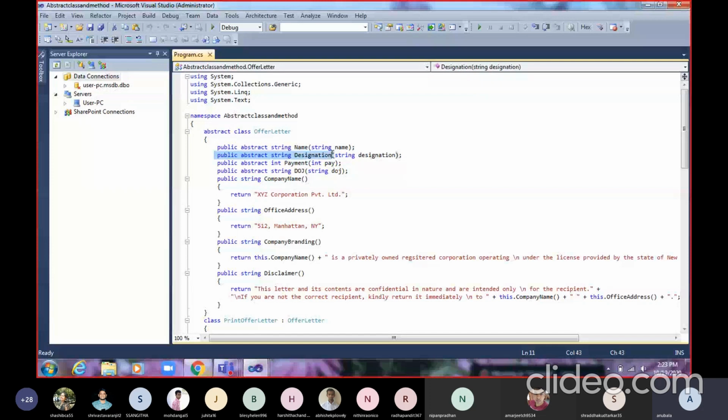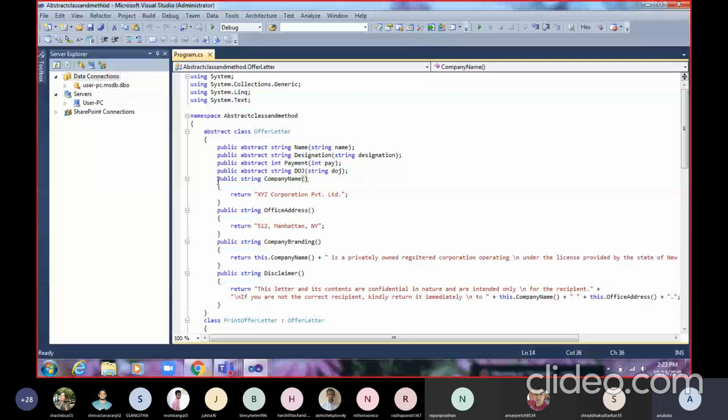Third is the method that will return an integer, the name is payment and it will also receive an integer type variable. Fourth is abstract, having string as a return type, date of joining, you can say DOJ. So four abstract methods.